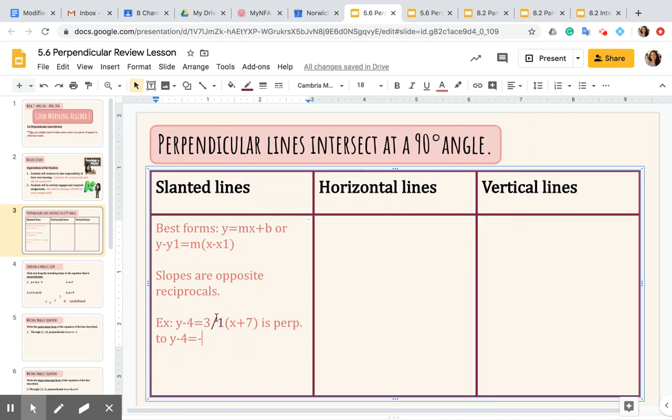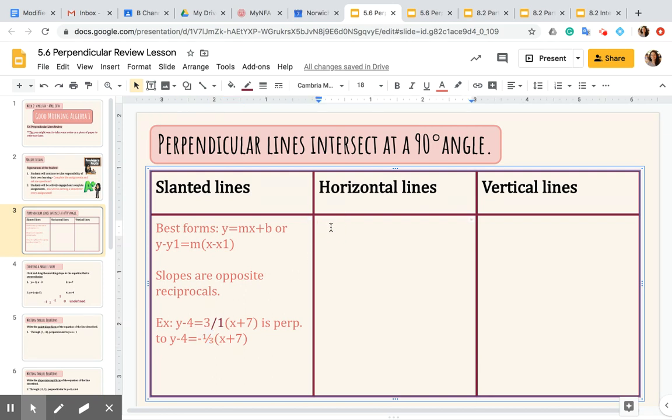So if I flipped these two numbers around, instead of being 3 over 1, it'd be 1 over 3. So there's my perpendicular slope. Okay. So that's how we're going to approach slanted lines. All you're going to do is identify the original slope and make it an opposite reciprocal. And you have to do that right away before you do any type of equation conversions,